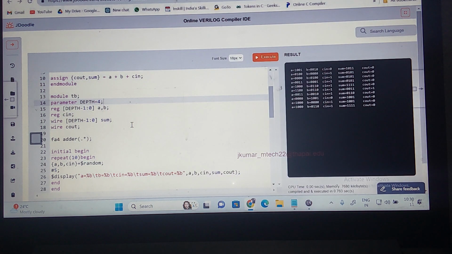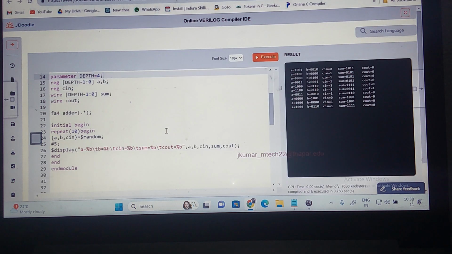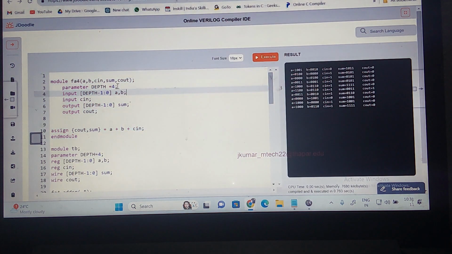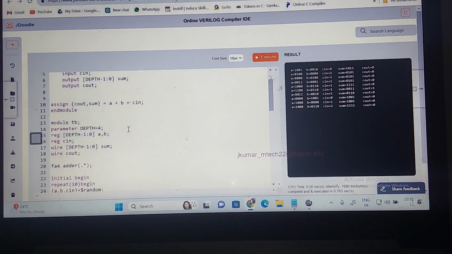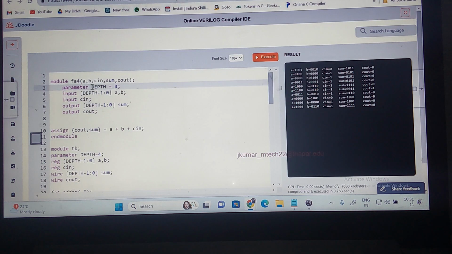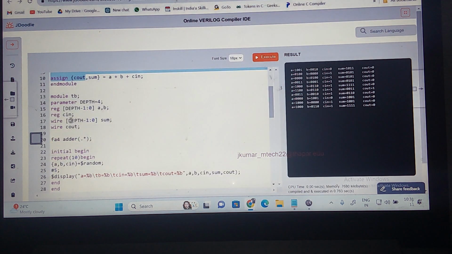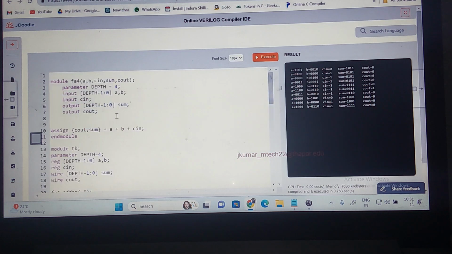So we have one concept, parameter overriding. See here I'm defining the parameter. What is the parameter constant value? It is 4 here. Right? So we can override the parameters. There are two techniques: using defparam and overriding the parameter using hash. That we'll see later. I don't want to make confusion right now by doing that. So we'll go step by step, then you can understand. Without changing the parameter value in your design file, I can override it from the testbench. You understand? Are you clear? That we'll see later. Now this is using parameter.